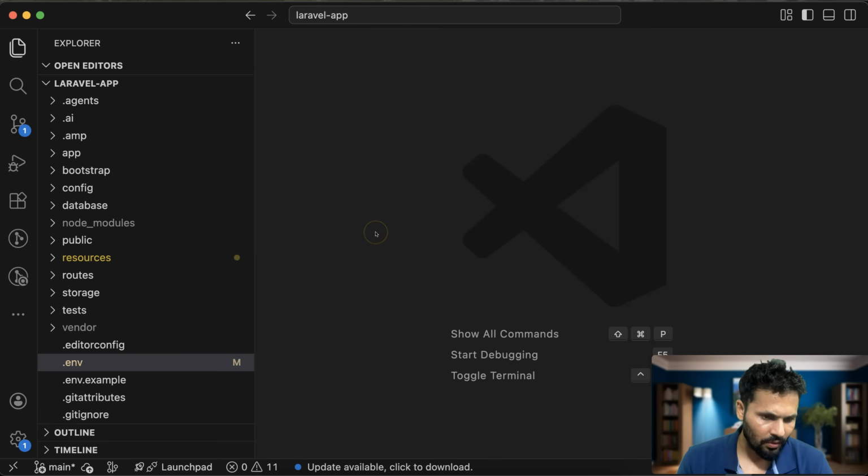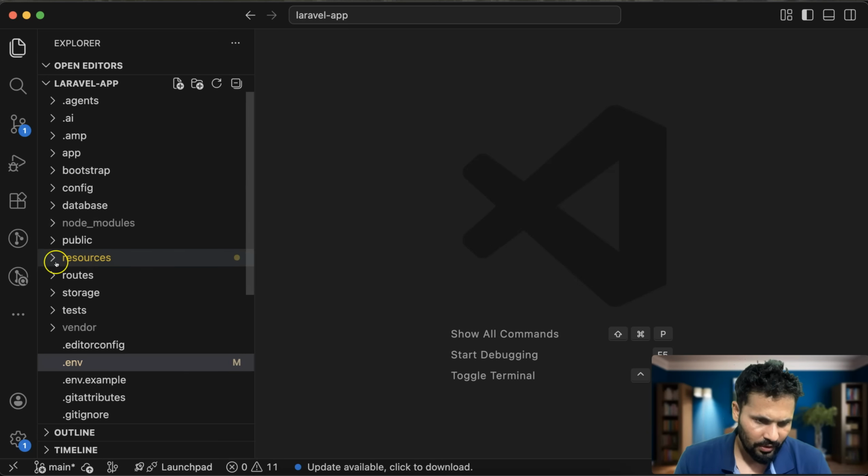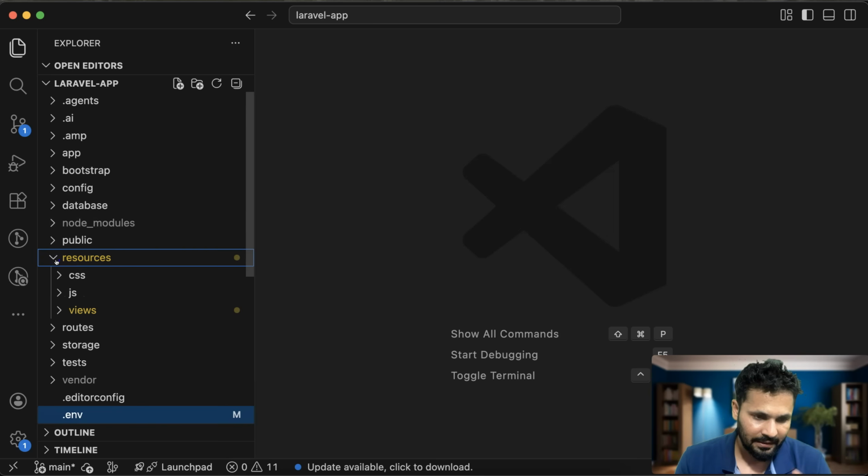So now let's move on to the code, and here you will see lots of files and folders. In the next part we'll discuss what is the use of these files, and what is the role and responsibility of these folders. We'll discuss each and everything, don't worry. But first of all we have to understand which file is responsible for the initial output, so that you get a bit familiar with Laravel and you can create a few files to check the output on the browser. All right, so first of all you have to go to the resources folder,